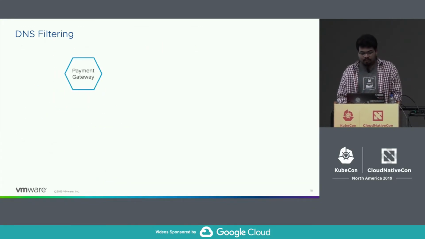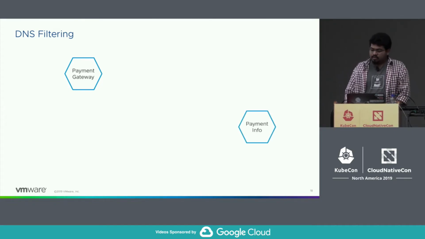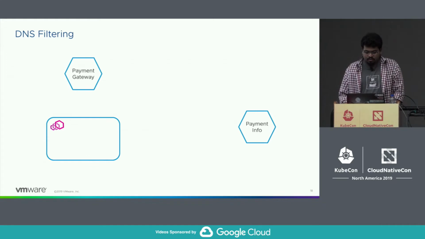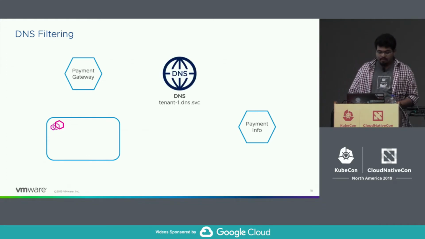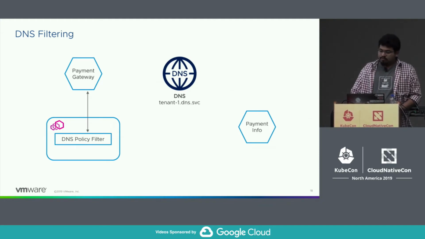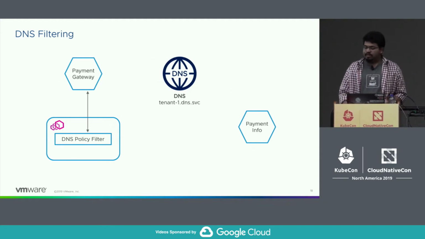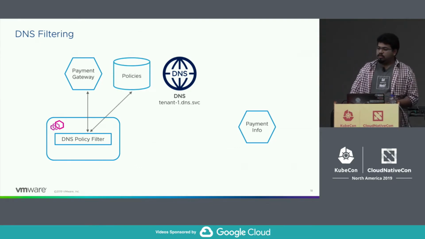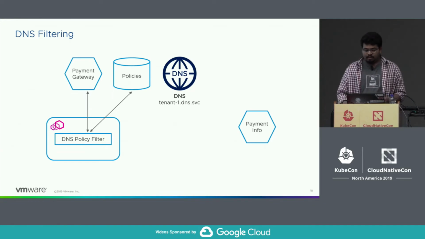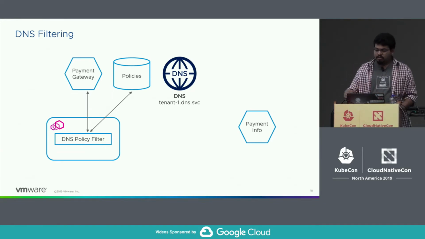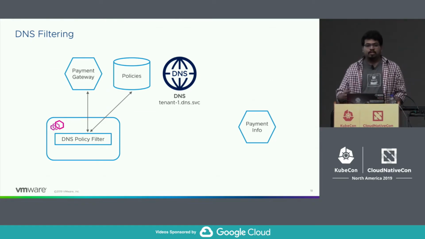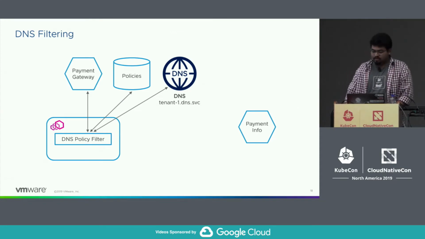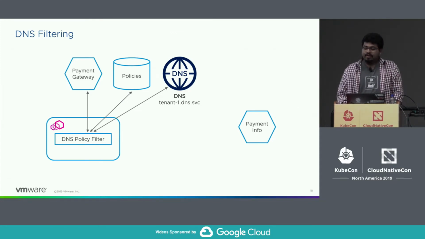So in reality, it would look something like this. There is the payment gateway, which wants to access the payment info service. There is the proxy and the DNS server for the tenant. And here is the DNS policy filter. So whenever there is a UDP DNS query, it would be trapped by the DNS policy filter, and it would consult the policies database. In the previous spec that I showed, we wrote the policies down in the YAML file itself, but this could also be an external database. And once it decides to accept that DNS query, it can then forward the DNS query to the tenant-specific DNS server. And once the payment gateway receives the response back from the DNS server,